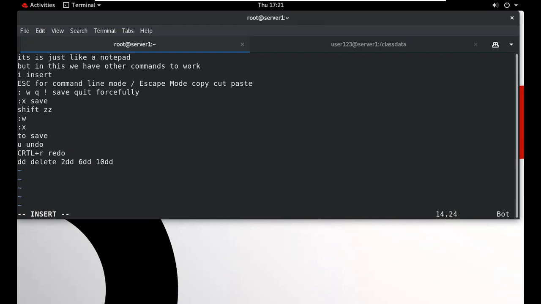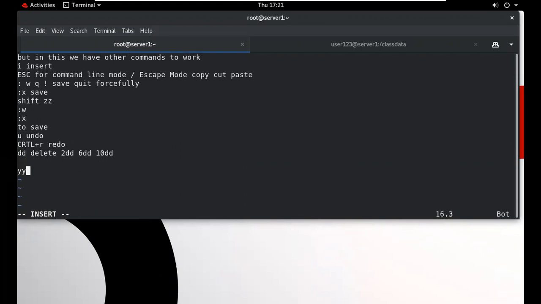Suppose we want to copy, it is called yank. To copy 2 lines, 2yy. To copy 20 lines, 20yy. So dd for delete, yy for copy.